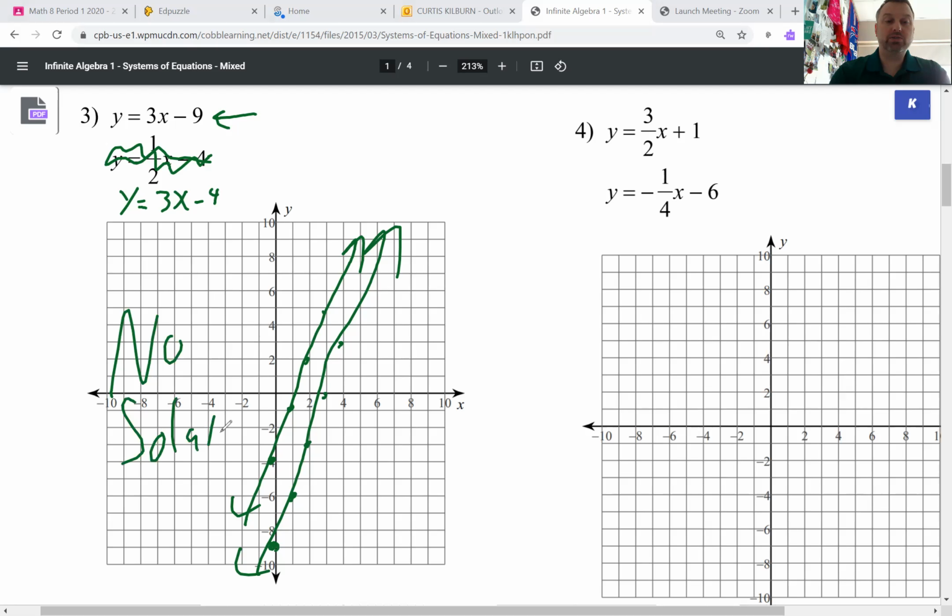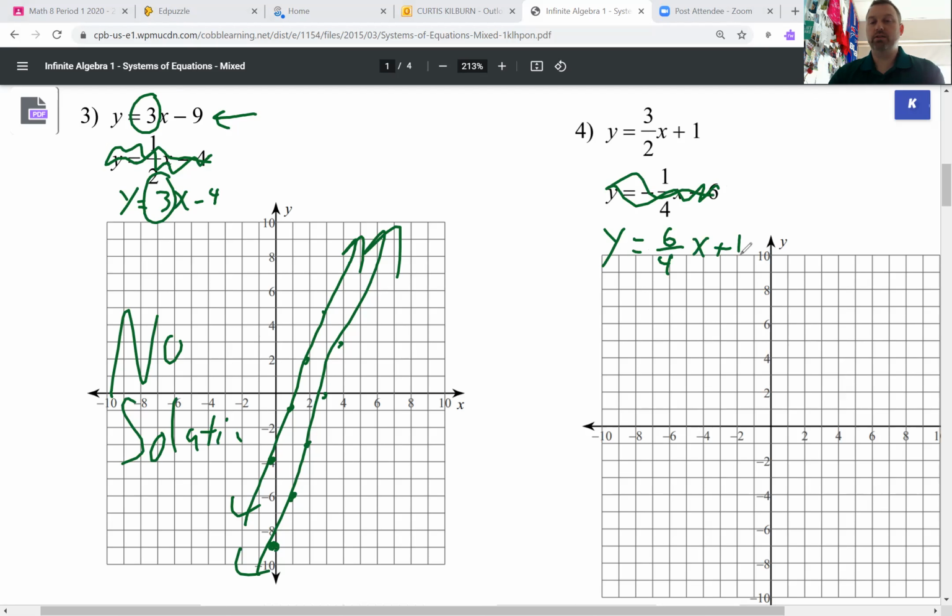And why is there no solution? Because what is the same about those equations? That's right, the slope's the same. So if the slope's the same, they're not going to cross. So there's no solution. Okay, and if you see something like this over here, y equals